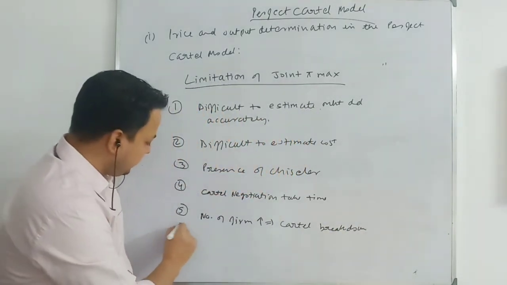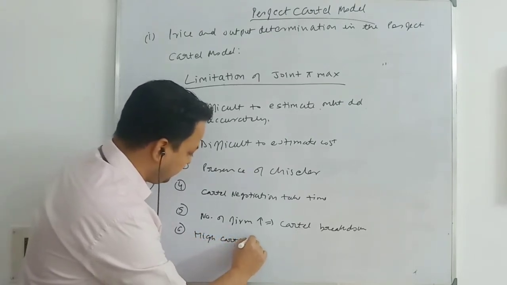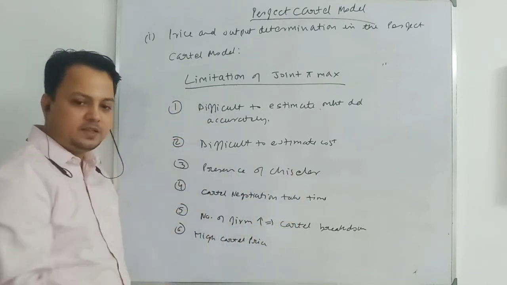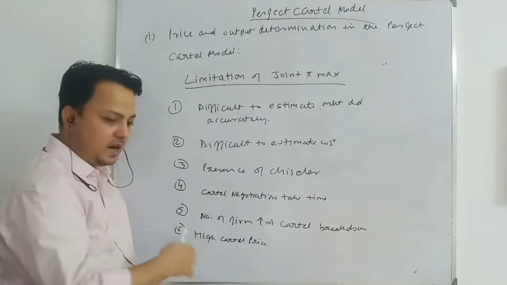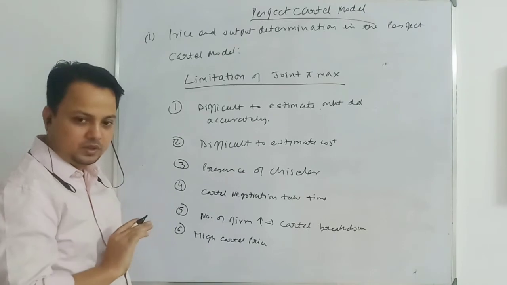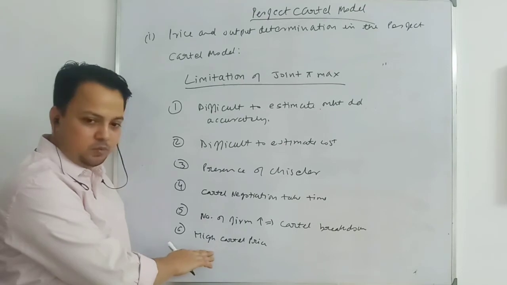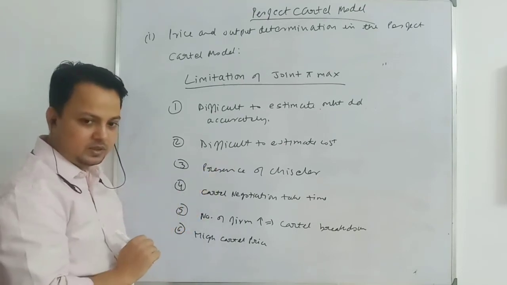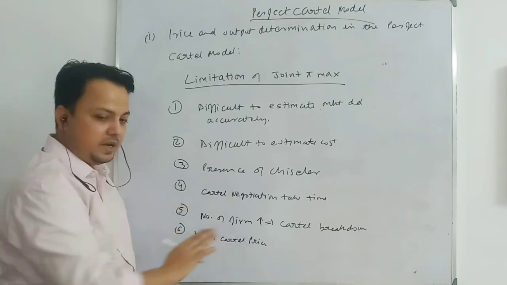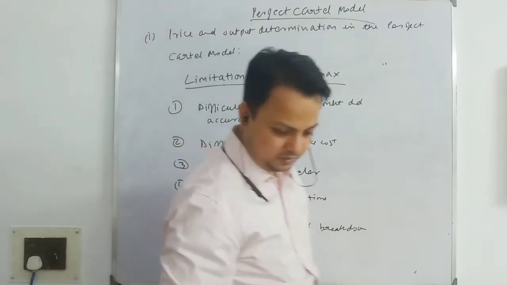Sixth is the high cartel price. If you have looked at the graph, the price charged is quite high. So when this cartel starts to charge a high price, you will see that the government comes up with some form of intervention to control the price. This is also one of the problems when you form a cartel. But this is what you have in terms of limitation.